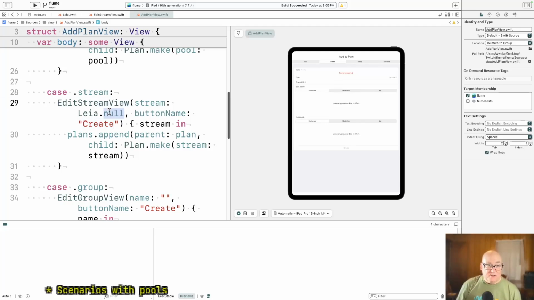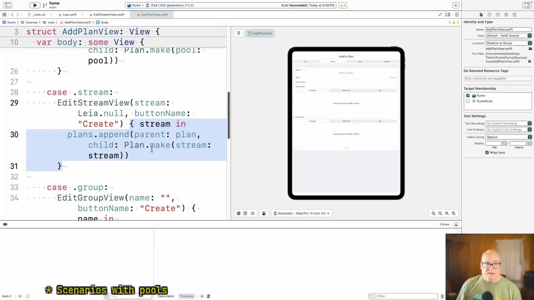We pass in a null entry, so the default value has no name and zero amount and so on, and the button create. And finally, this last closure is an implicit last argument that's our action. And the action is, if you give me back the stream that you create from this, I will append it in the plans. I'll tell the parent that here's your new child.